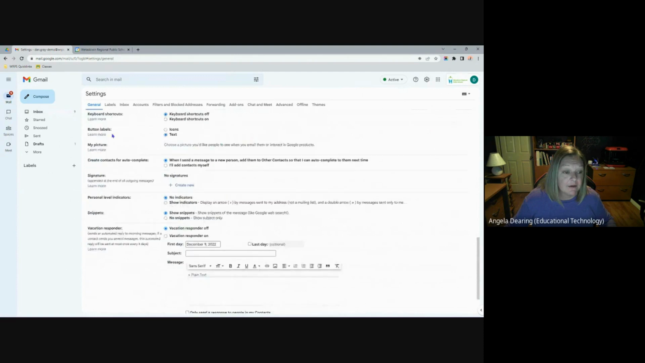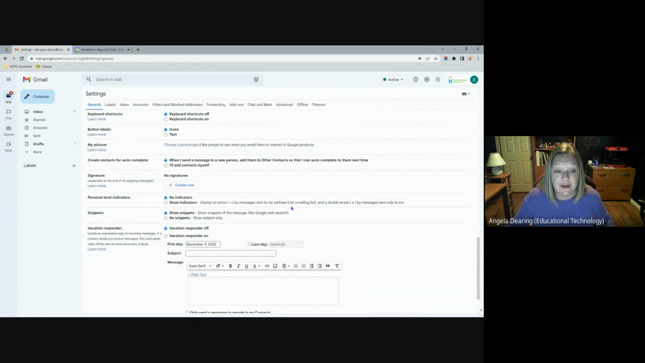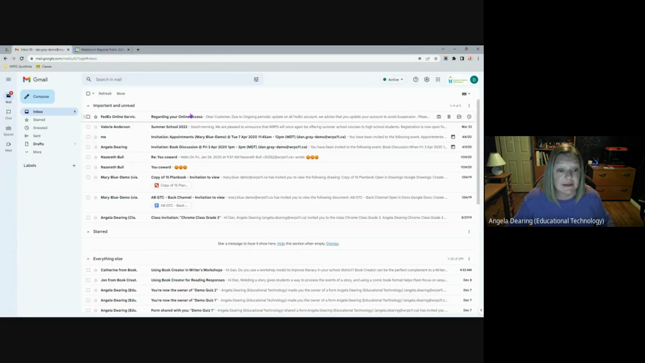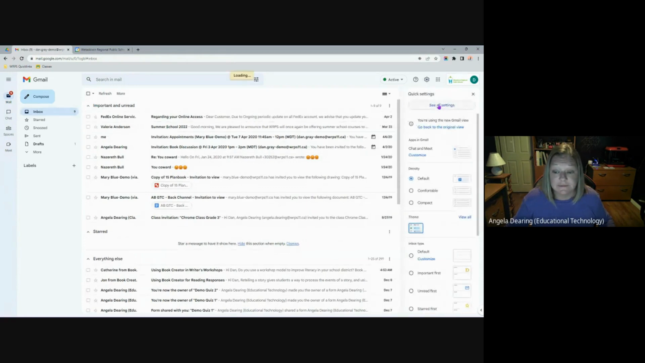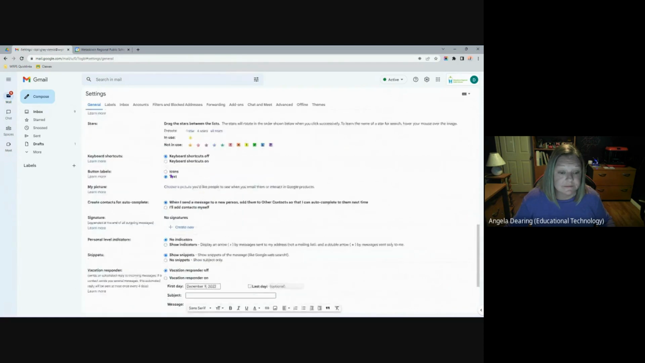Right here under button labels. So by default, that's set to icons. If we set them to text, they will look like I had. I'll just actually change them. Oh, and you have to always save your changes when you're in your Gmail settings also. So it gave me that nice little warning that I didn't save those changes, but it let me exit. Change those back to icons